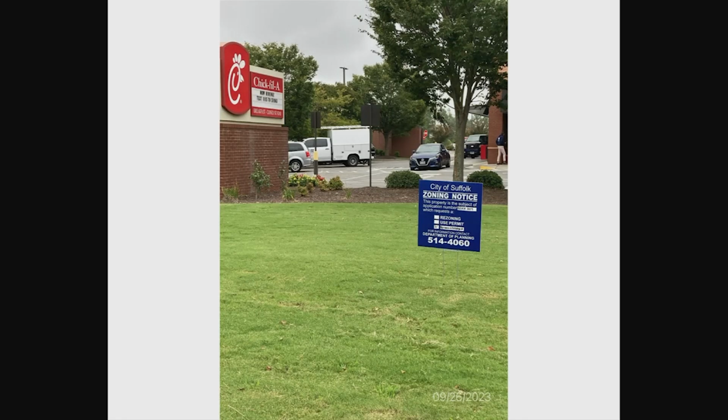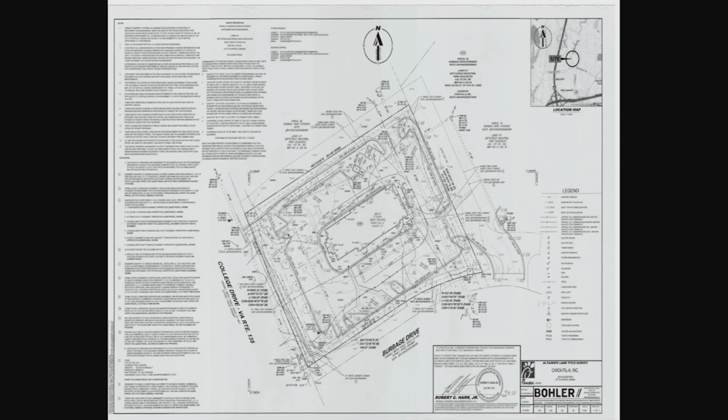This variance request was advertised in the Suffolk News Herald, and a notice was mailed to adjacent property owners in accordance with Section 15.2-2204 of the Code of Virginia. The public notice sign was posted on the property pursuant to the request of the zoning administrator. The applicant is requesting a variance to install a multi-lane drive-through around the existing Chick-fil-A restaurant. According to the application, the expansion of the double drive-through will aid in efficiency of the current services offered to